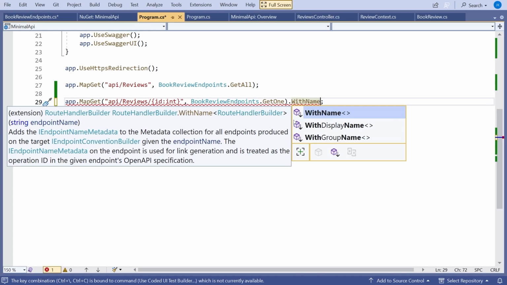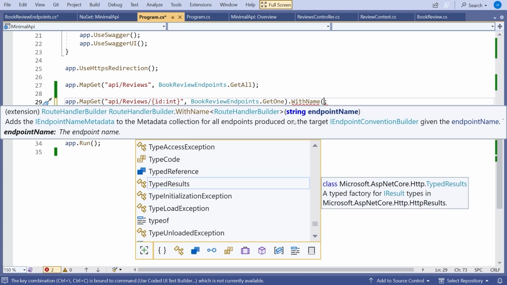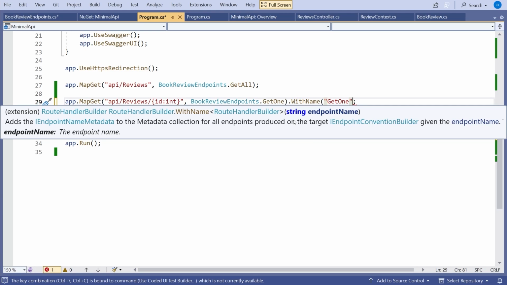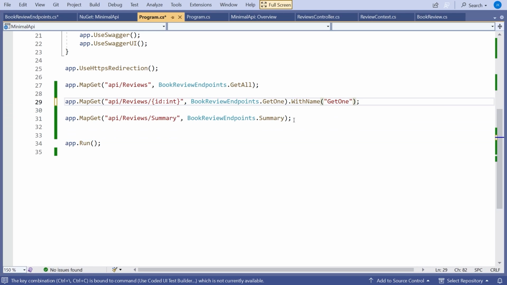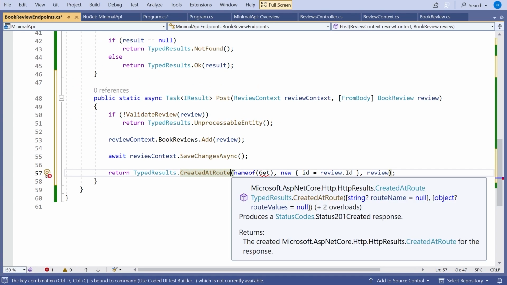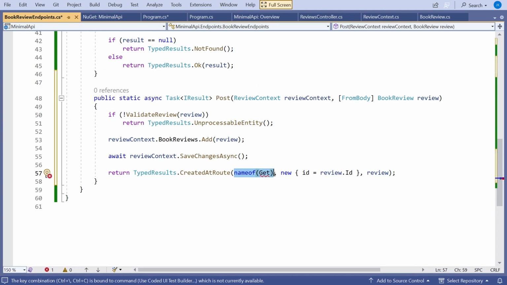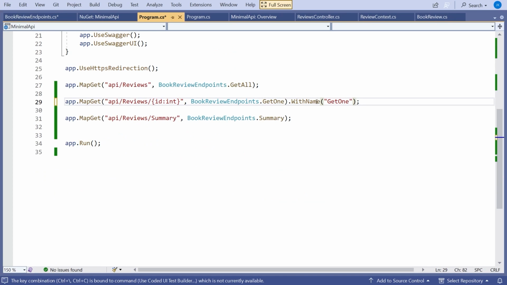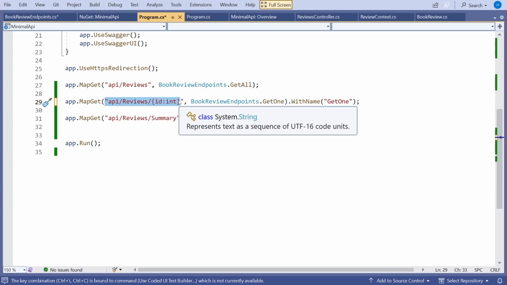and then give this particular route a unique name. And so let's just call this get one. So it's nice and clear. Same name as the method is probably a good idea. You could put this on all of them just to be safe, but we only need it in this case, so I'll just introduce it there. So there we have that idea of get one. And then when we are doing the CreatedAtRoute, that first parameter is going to be that same name, so get one. So that means when it generates the URL, it'll look for the route called get one and use the URL that we've got there.